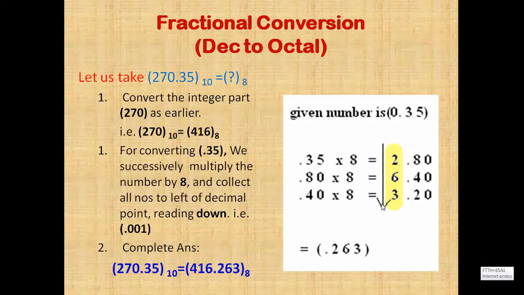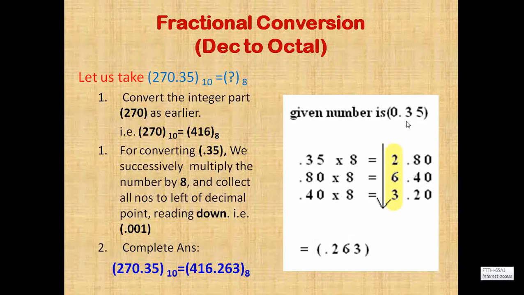And then we will note down the integer parts from top to bottom, right? Not from bottom to top, but from top to bottom in this way. So from top, the first integer digit is 2, the second one is 6, the third one is 3. So 0.263 will be the